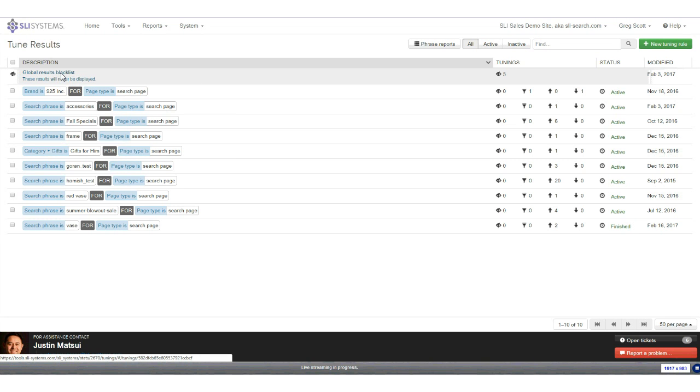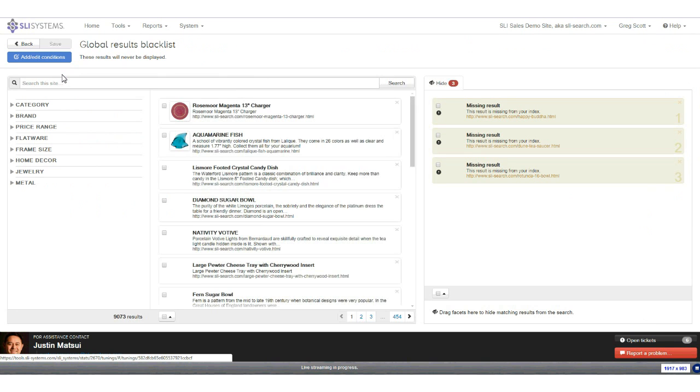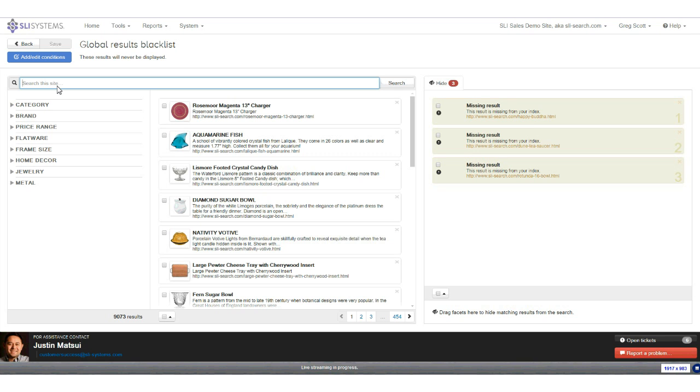Up here, often it gets missed, is the global results blacklist. If you want to click on that, this is what I was talking to in regards to before about being able to hide something completely off the search site. So let's say, not very good at diamond rings, but let's say it's an 18 karat diamond ring, if that's a thing, as the product, that's going to come up under 18 karat on your website. It's going to come up under diamond. It's going to come up under ring. So in here, you can actually type in whatever the offending product is, and you can choose this one,